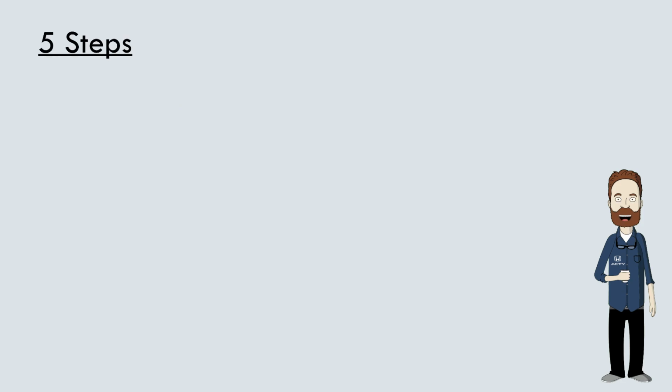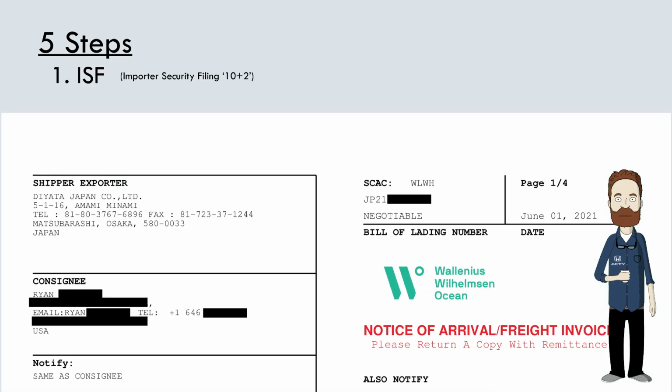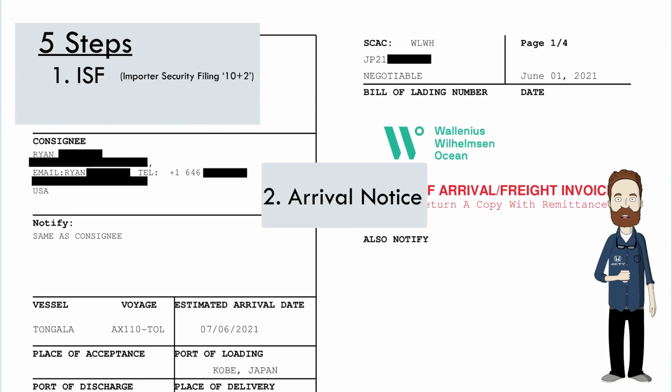First, you've got to file an ISF. That's a security filing that gives a heads up to customs about what you're bringing into the country, and they can do their due diligence on that import. Then, after you file that, you'll receive something called an arrival notice about 7 days before your vehicle arrives